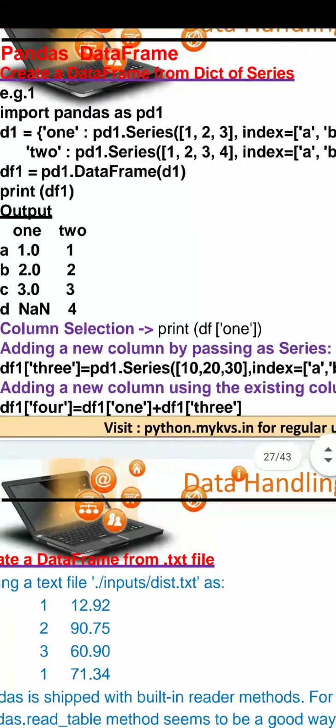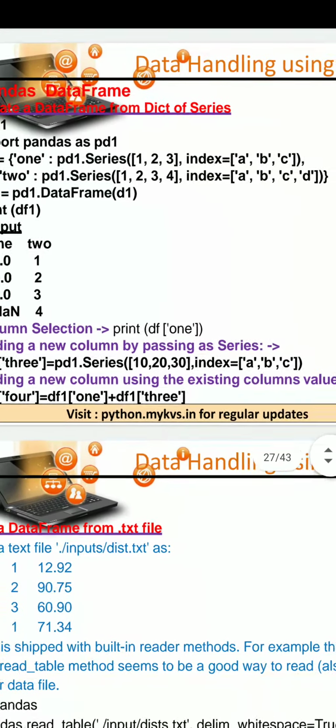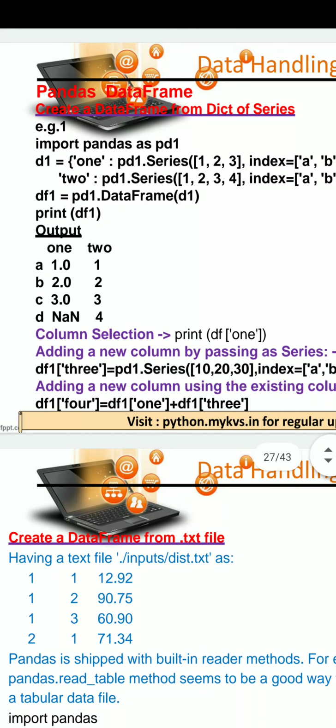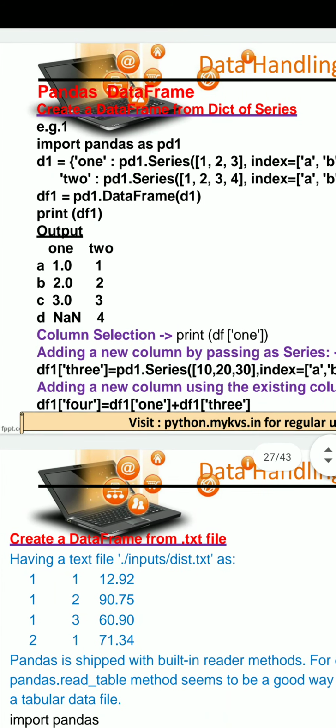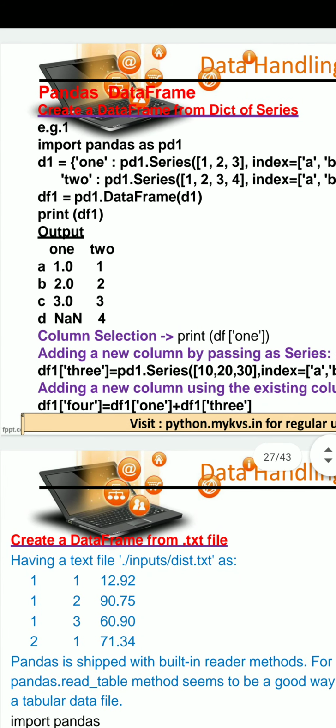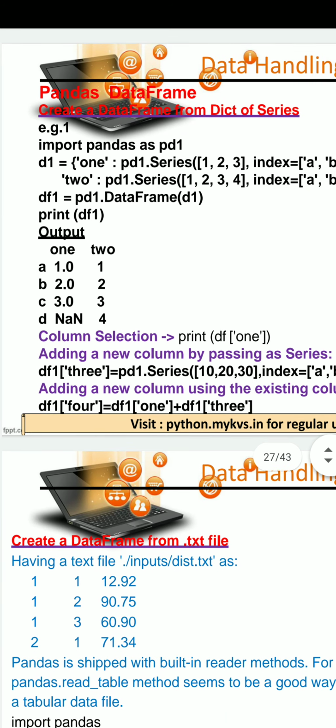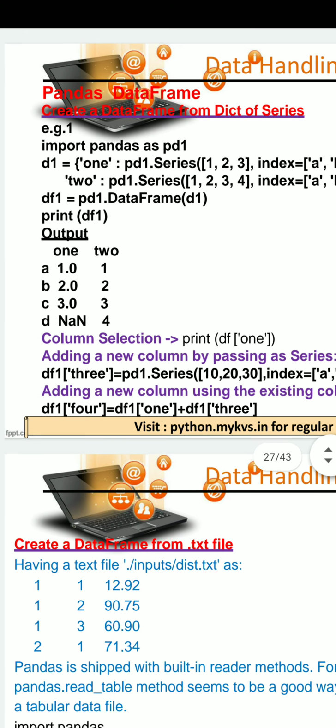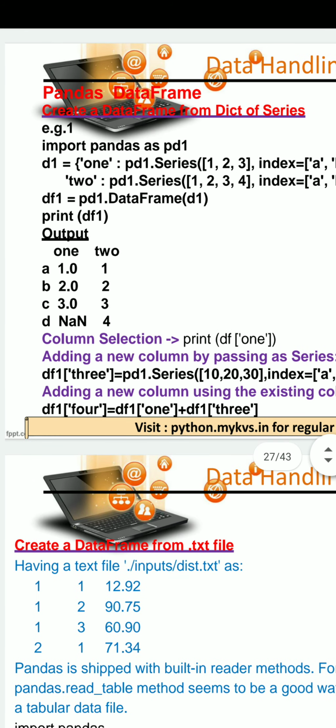Adding a new column by passing a series: once a data frame is already created, we can add an additional series as a separate column under that data frame.